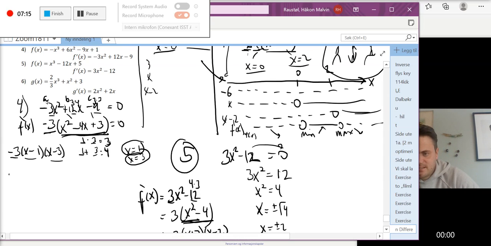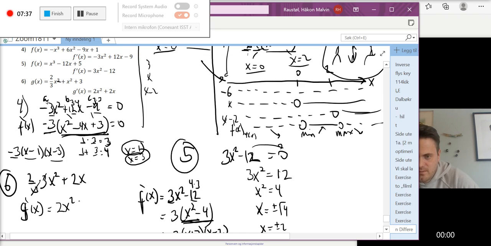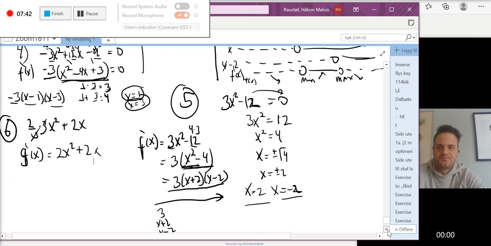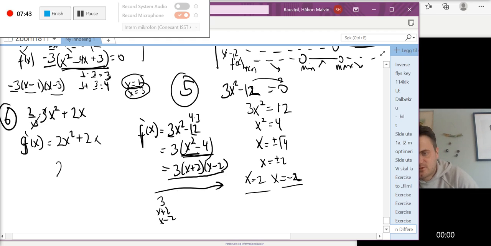Same with exercise 6, the last one here. I need to find the derivative. I keep the constant 2 over 3 here, move 3 down like this, then x to the power of 2 I will get here, move 2 down, get 2x, 3 disappears. Here I can shorten this, so the derivative g of x actually here will be 2x squared plus 2x, like that. Okay, and then I just put this equals to 0,